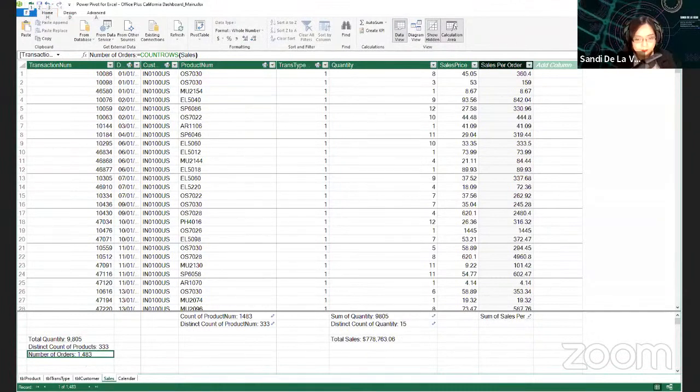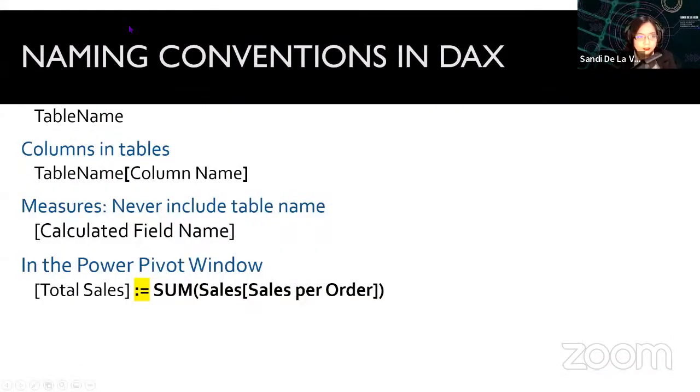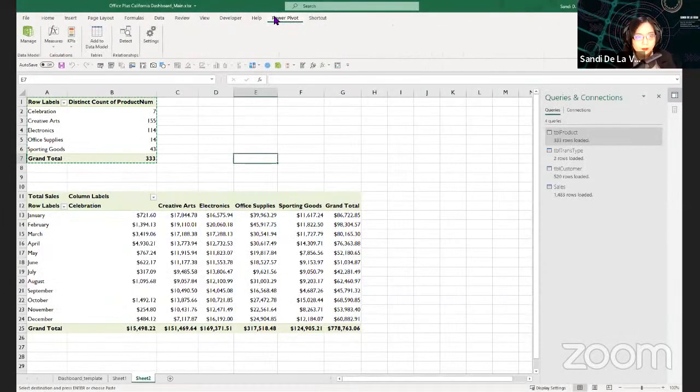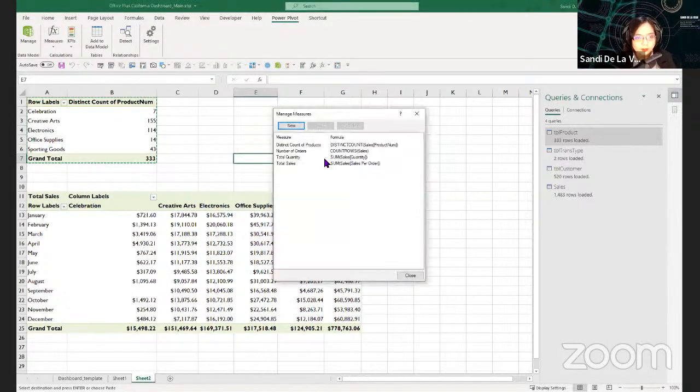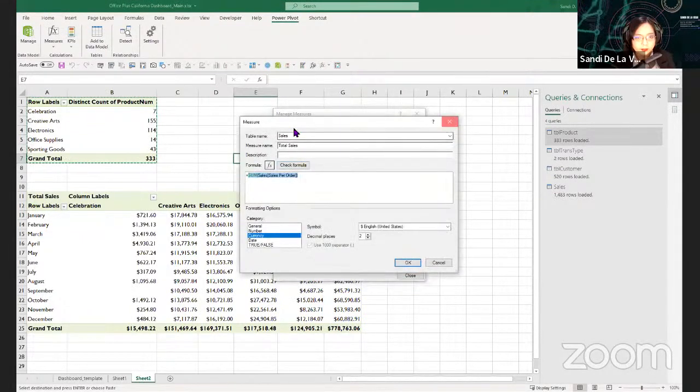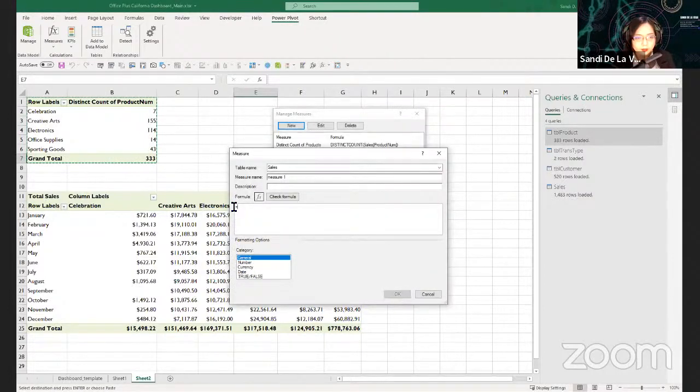So next would be, there. If you notice the naming conventions used in DAX, how we calculate the DAX measure is always with the colon and equals if you're typing it on the Power Pivot window. So there's another way to calculate measures, going back to Excel. If you go to Power Pivot and Measures, Manage Measures, you can edit it here for additional DAX, or you can create new DAX measures. So it's a bit different. You don't need the colon. You just type here, for example, sum.